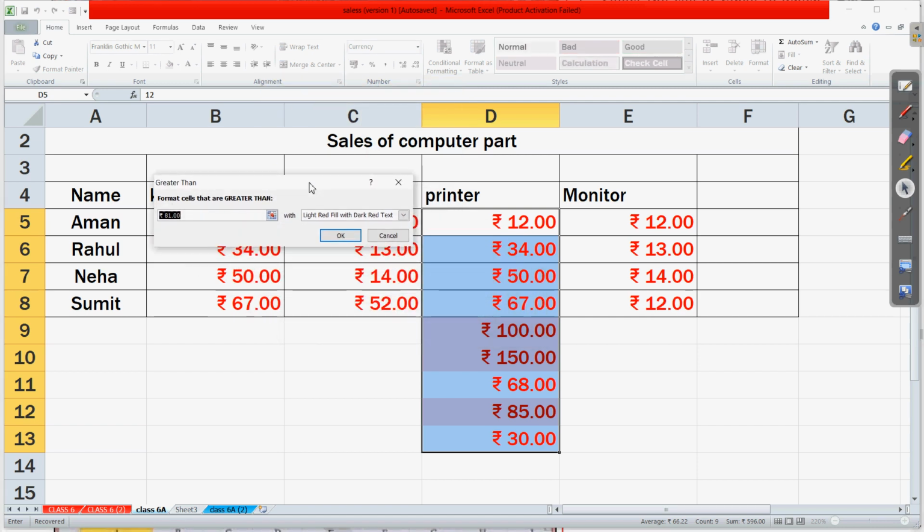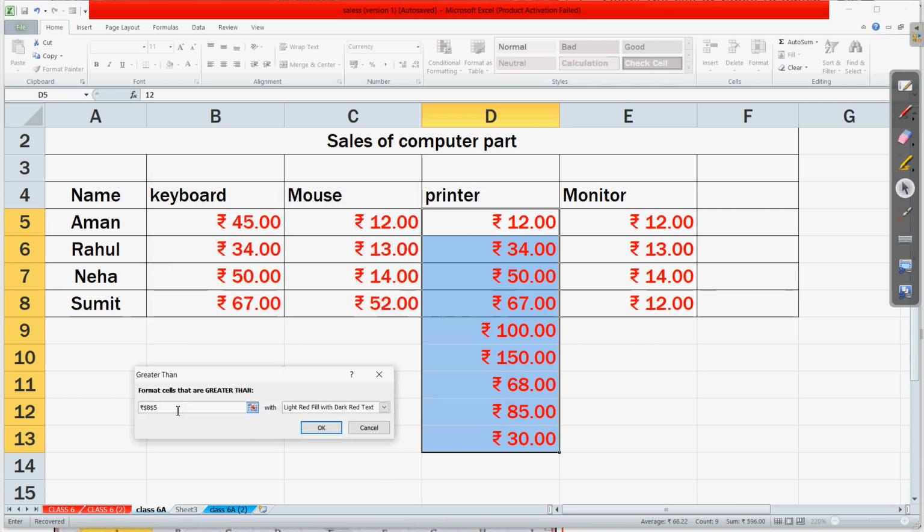For example, I want all the values which are greater than 60. So we can specify the number, and I have written 60.